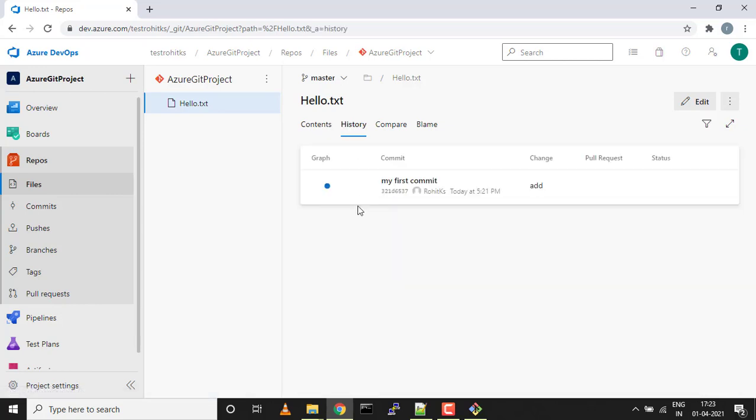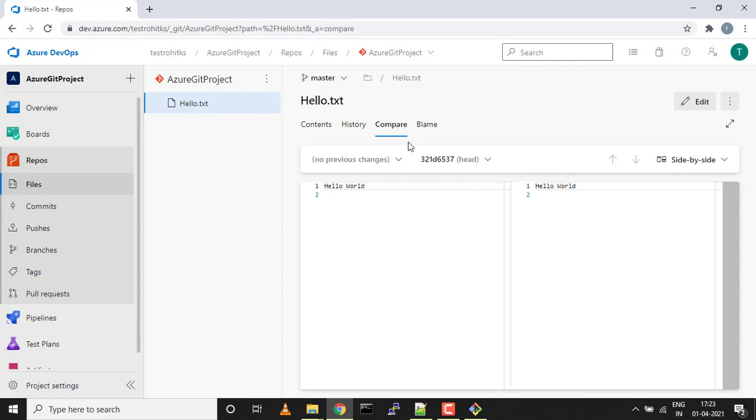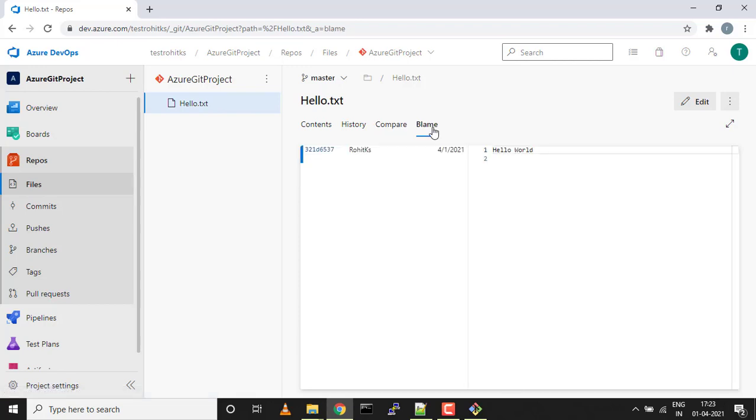History will have the complete history of the commits and who the developer was who committed. Compare, you can easily compare with your previous version. As of now I have nothing to compare, this is the only file I have. Blame is nothing but you'll see all the developers' names with the commit ID and who made what changes. That's it, nothing else. The name is given as blame; you don't have to go and blame somebody. Edit, if you want to edit directly from here, even that is possible, like how we did hello world. Similarly, I'll add hello again.